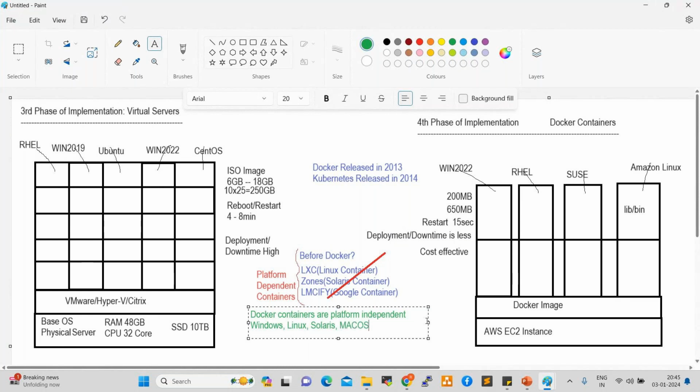So irrespective of operating system, we can run Docker containers on any platform.